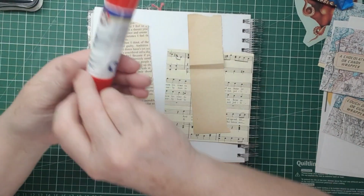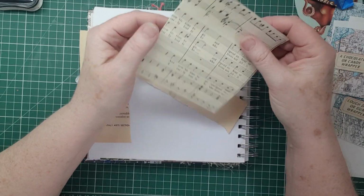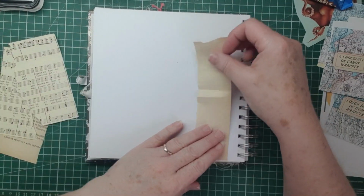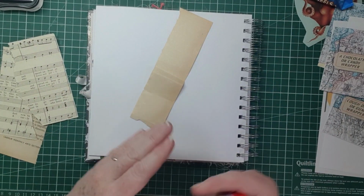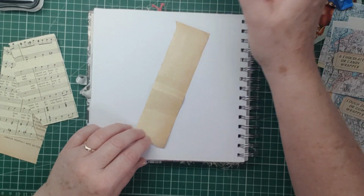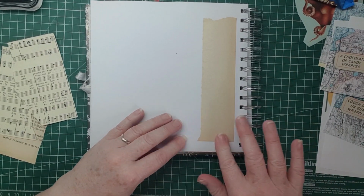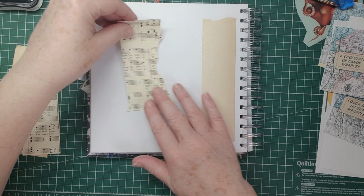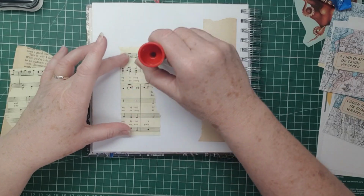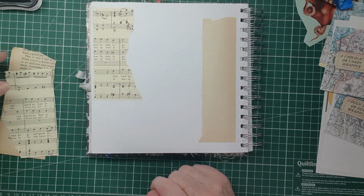Right, just going to get the glue stick, and we'll just tear bits of this and put it on as a bit of background. So I'm going to put that on because I like the colour of it. I do keep bits, this is probably from one of the book pages I've used in the past, so let's put that there. I don't want to think too long and hard about this. I just want to add a bit of interest on the background for these things to go on. So we're going to put that up there, and